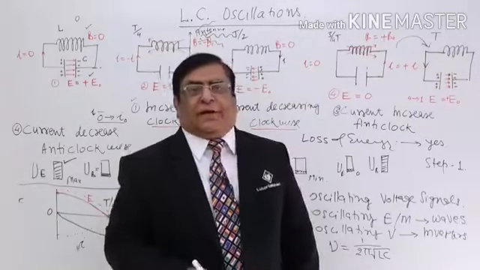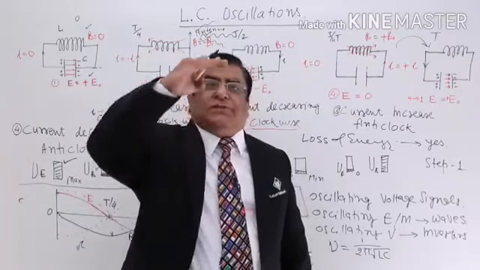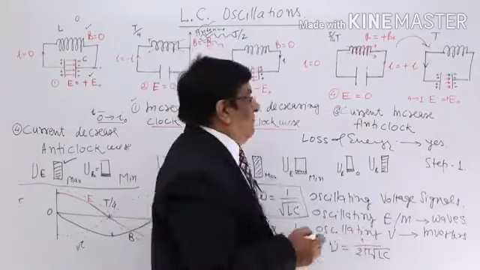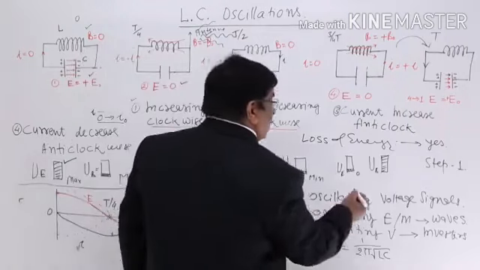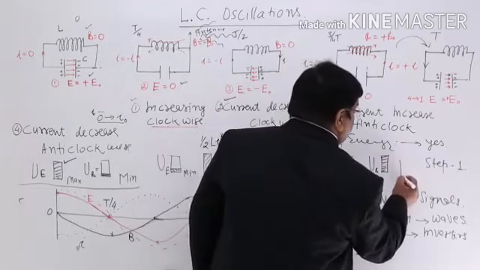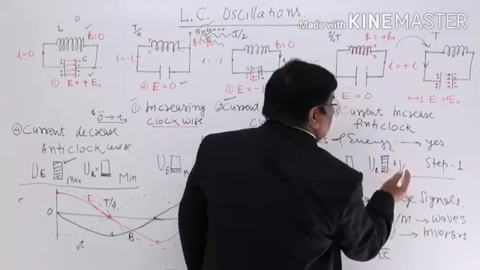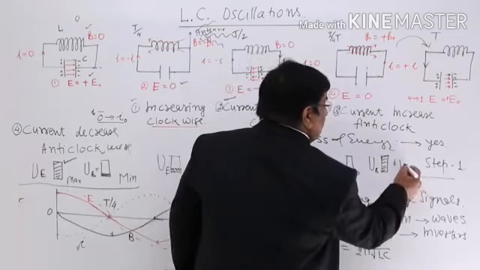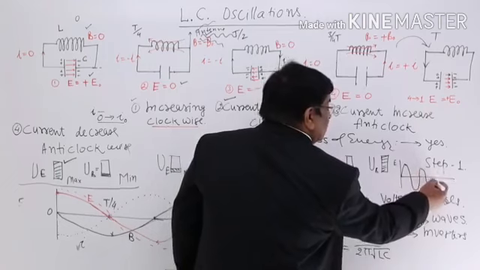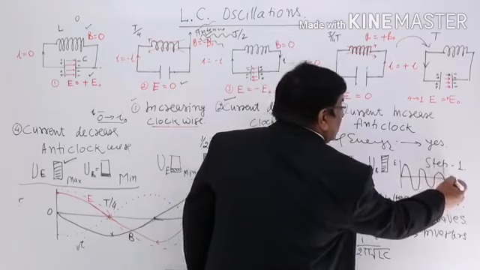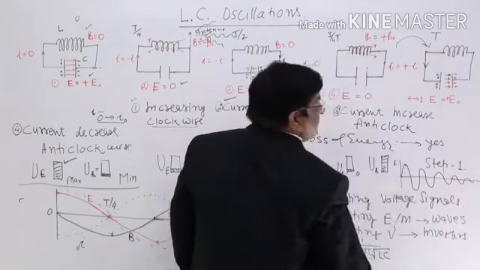If we draw a graph of the amplitude of the oscillation, how large the electric field is, then what do we get? This is the electric field or magnetic field. We get a graph like this, but the second time it is like this, the third time it is like this, the fourth time it is like this, the fifth time it is like this. So you see